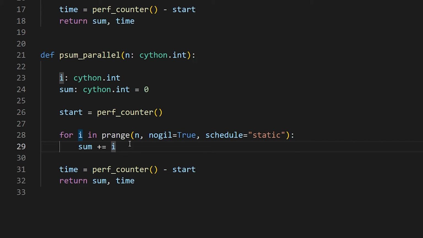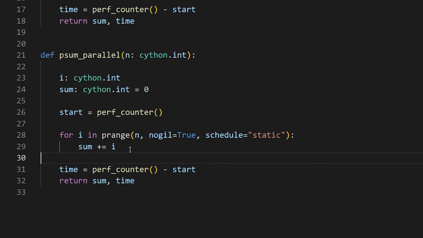Any values we create or manipulate in the loop are handled according to certain rules. For instance, with sum, we're using an in-place operator, plus equals. If we use in-place operations in a prange loop, the resulting values from each thread will all be reduced or merged using the same operation. So all these additions from separate threads get automatically consolidated into the same variable at the end. On the other hand, any variables we created new inside the loop for thread local processing aren't going to be available after the loop block. So you're going to want to carefully read the directions for how prange works to make sure your assignments inside the loop give you the results you want.